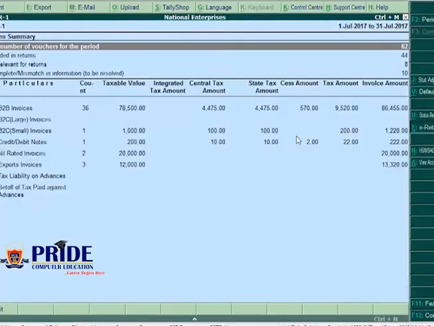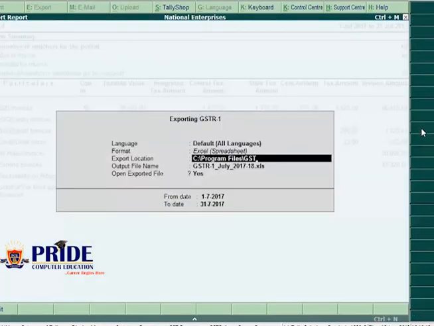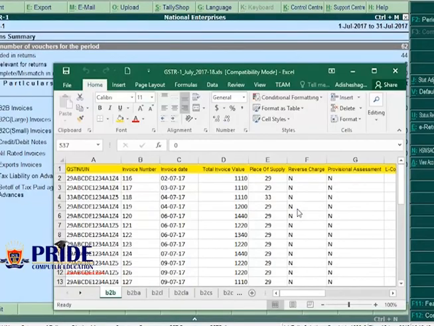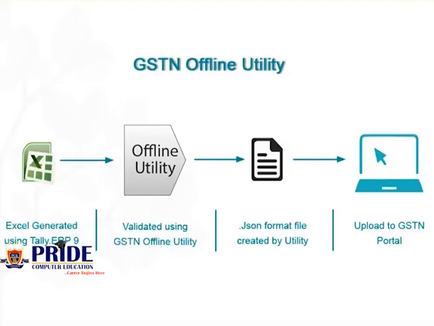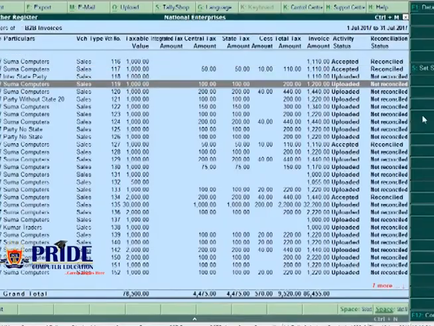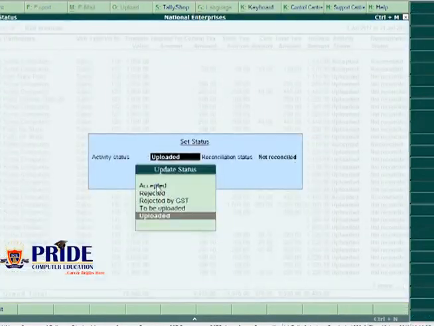Tally ERP9 Release 6.0 has provided the option to export your GSTR1 to the Excel template provided by the department. This Excel file can be imported in the GSTN offline utility. After validating the data in the offline utility, convert the data to the required .json file format to upload to the GST portal. With Tally ERP9 Release 6.0, you can keep track of how many invoices are uploaded and how